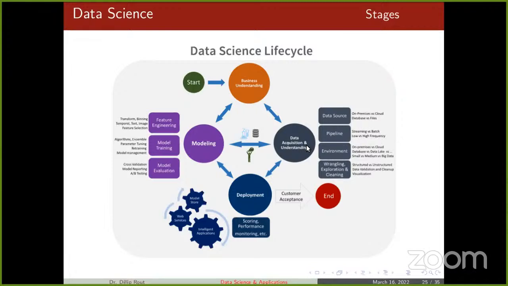So these two things go one by one in iteration till we find a good, well-fitting model, which can be done with this model evaluation. Then after we settle down, we go for deployment. Deployment can be at the customer end, or else you have a website where you are posting it. There we can also regularly check the score and performance, monitor it, and if there are changes, we can always go back and remodel it according to the data. That is how the data science life cycle works, and finally there is an end to it.